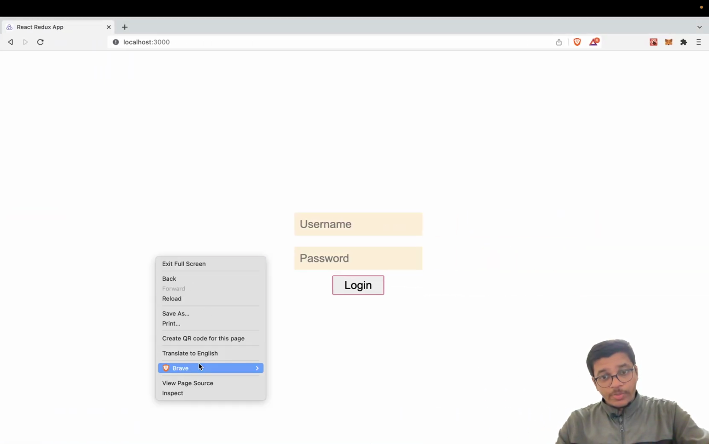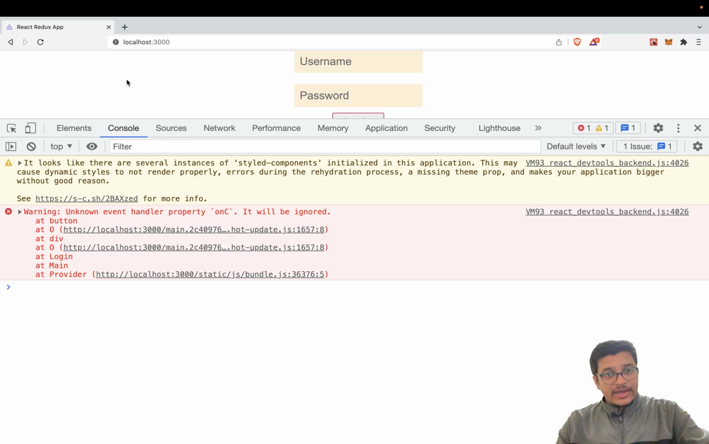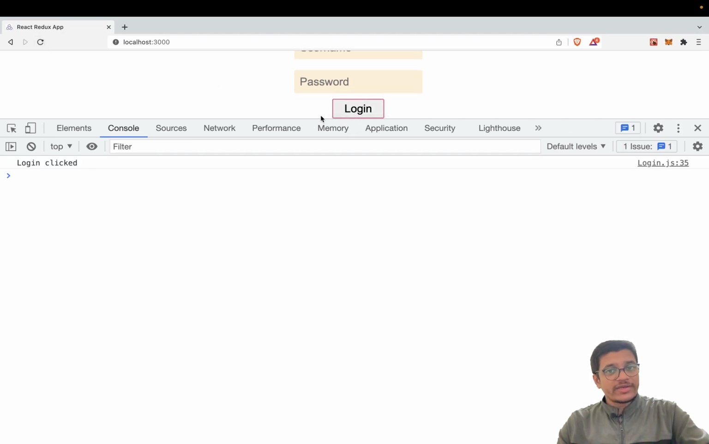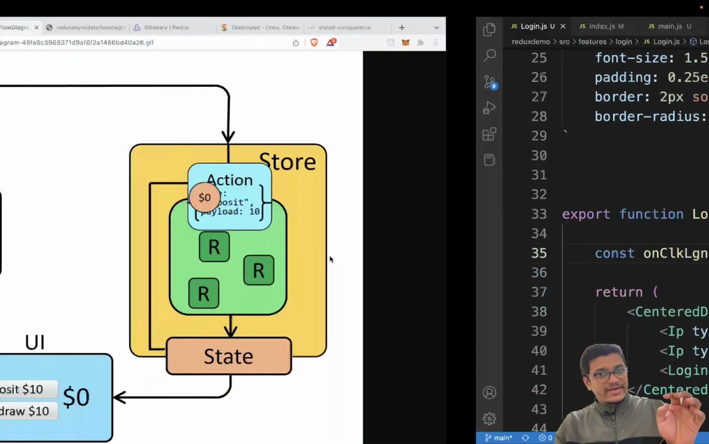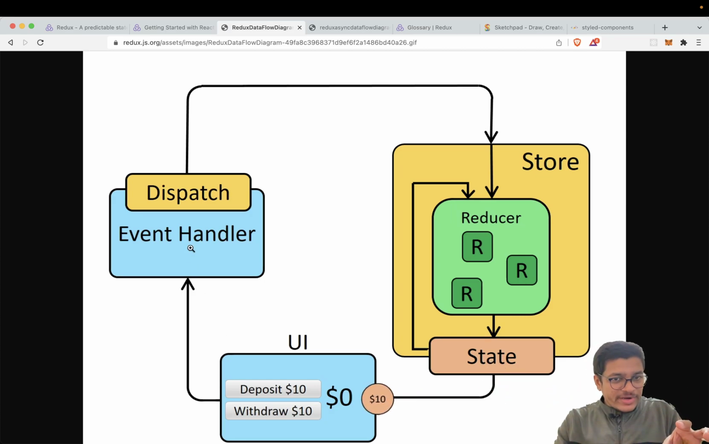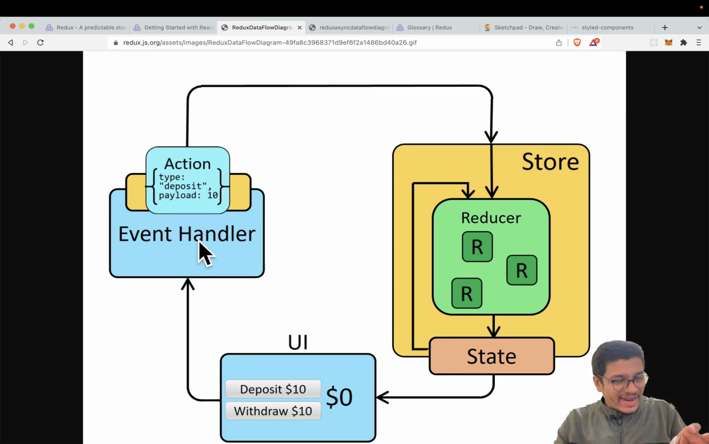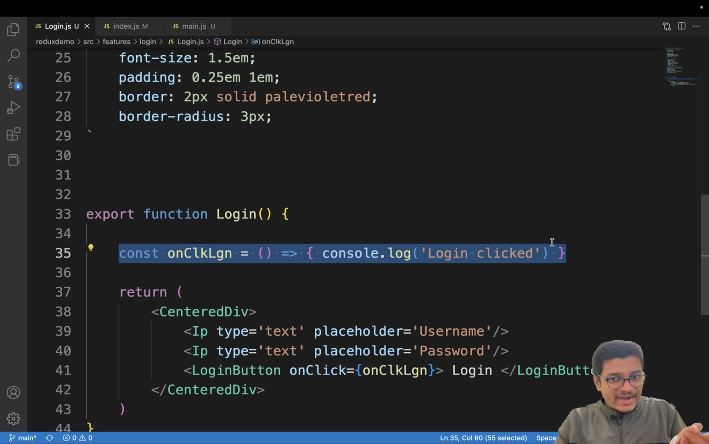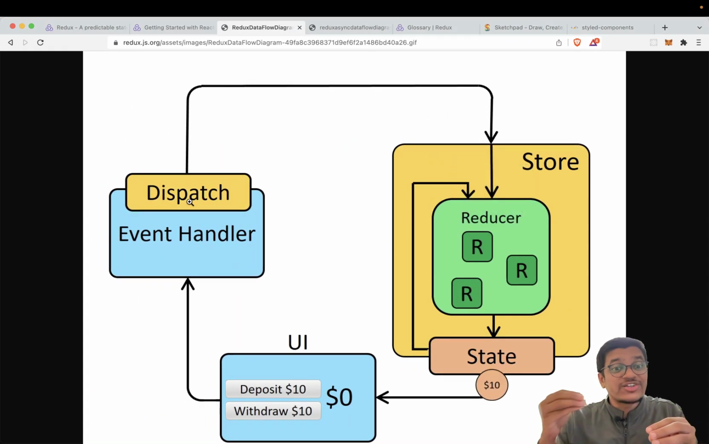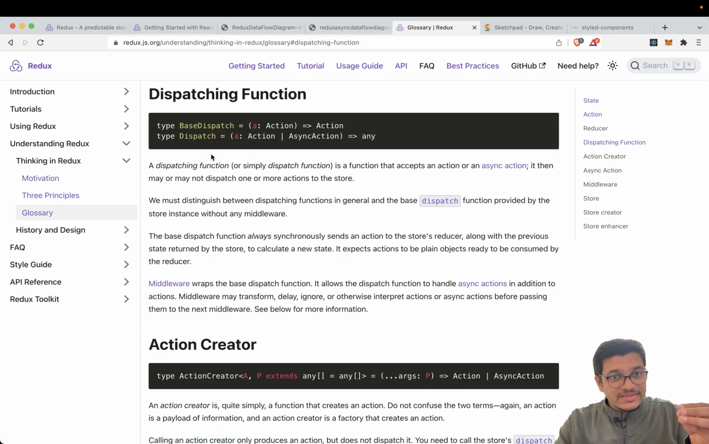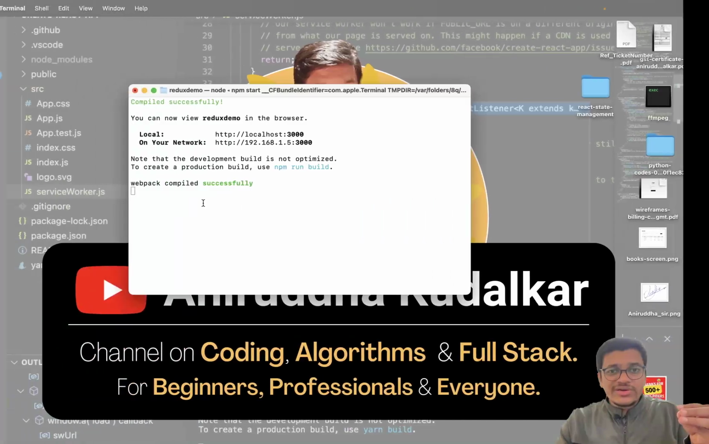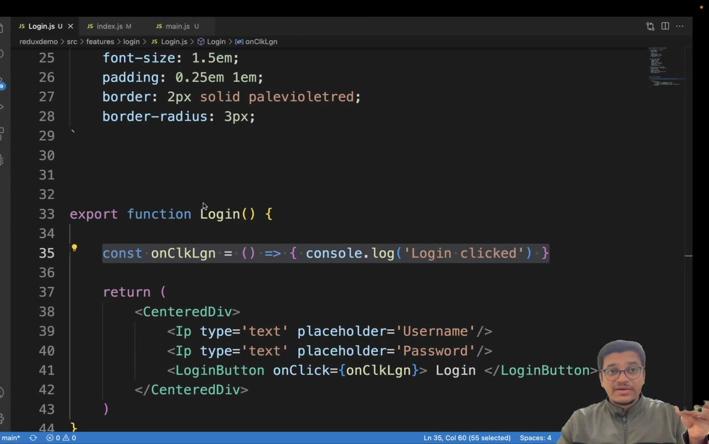Go here, open the inspector and refresh it, and can you see on login clicked is there? Which means inside this architecture we built this UI. Now see, this UI button click is an event handler, and we are going to dispatch the actions. Now what do you mean by a dispatch function? Whenever you talk about Redux, as I told you,